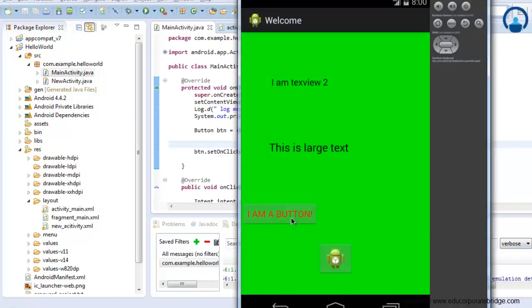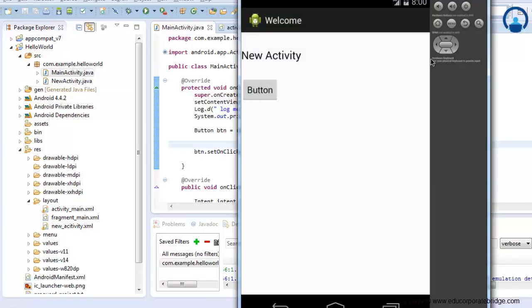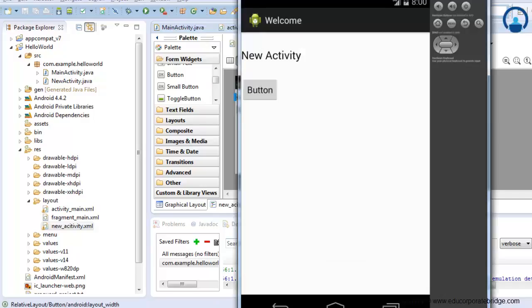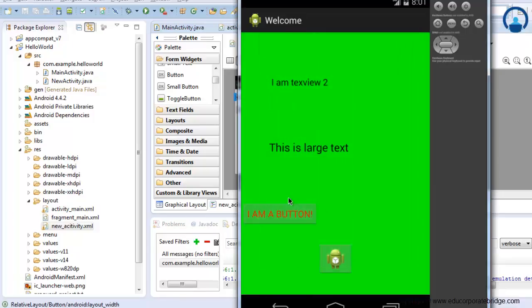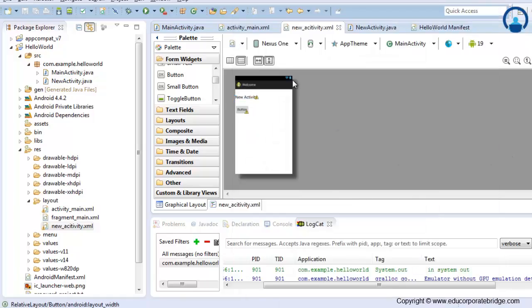Now again I'm clicking on this button, and you can see our new activity has popped up. This was what we set in this UI, and this was a whole new screen, and this screen has shown up once we clicked. To go back, you just need to hit the back key. When we click this button, which is present on activity_main.xml, again I'm clicking this button, and you can see we are redirected to this new activity screen. So this is how you switch from one activity to another activity using intents.